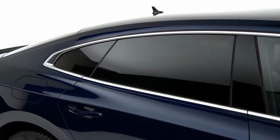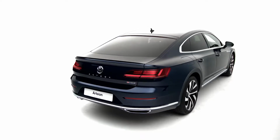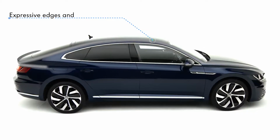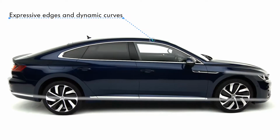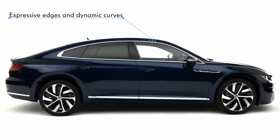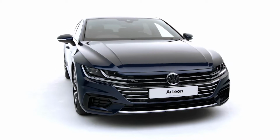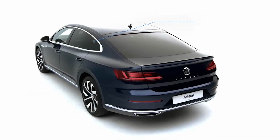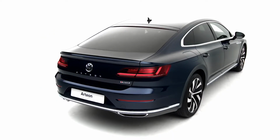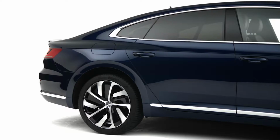Aerodynamic contours, frameless windows, and a striking rear design. The Volkswagen Arteon is eye-catching from any angle with its elongated coupe-like lines and low silhouette with expressive edges and dynamic curves. The wraparound bonnet and intelligent frameless side windows exude quality and elegance, while the distinctive sculpted rear with athletic shoulders